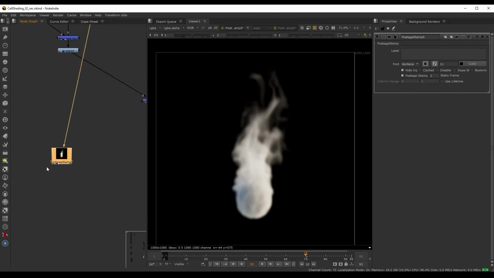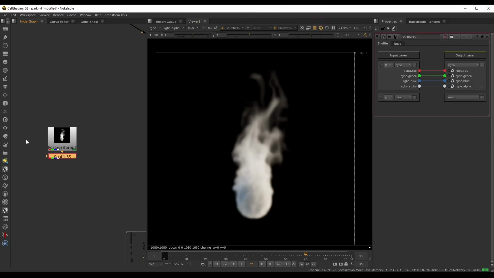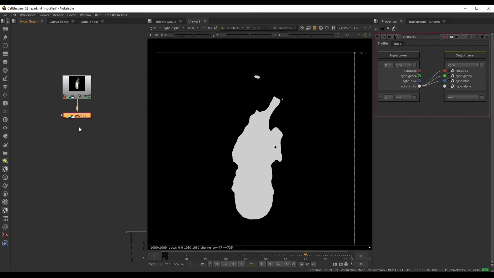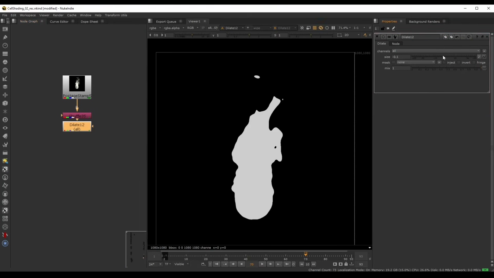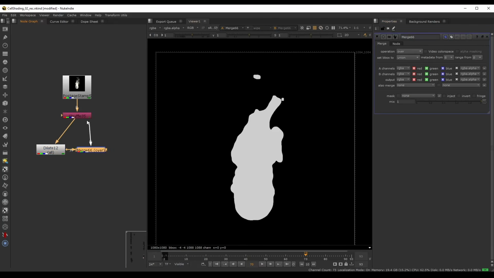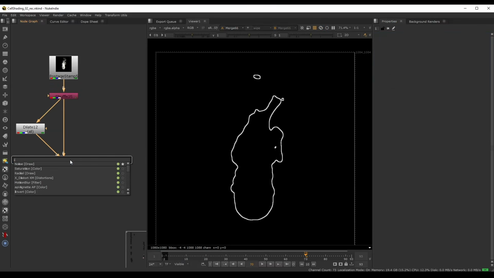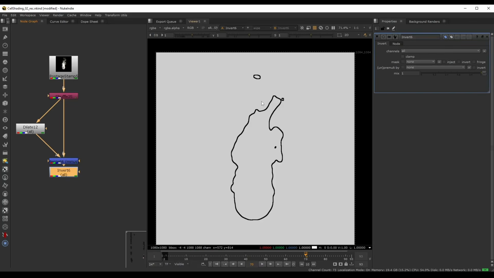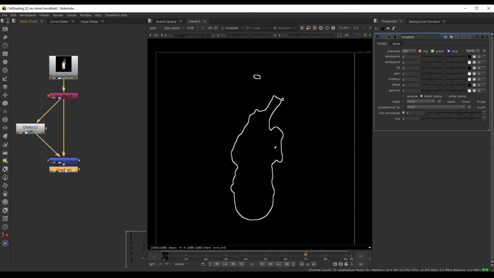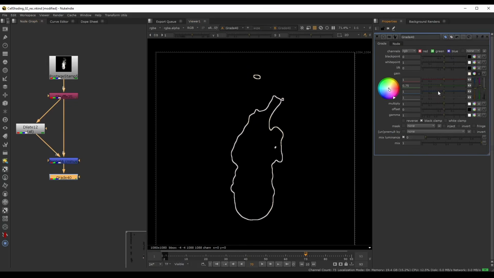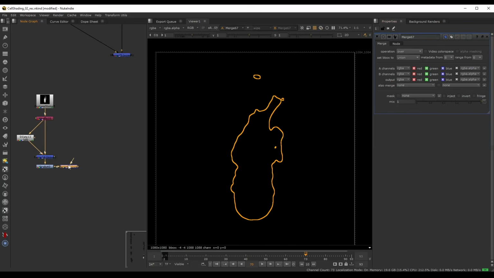And from this alpha, from over here now, we can do a shuffle. We will shuffle the alpha into all of our channels, RGB, and we will do an erode, push our pixels out, and then merge this back on top of our original result, and we'll set the operation to minus. And now from here, in this case, so normally we do an invert to get our black and white values, but in this case we can just add this as it is, but maybe we can just grade this so it's a little bit more orange. So I'll just reduce the green and blue channels, maybe increase the red,